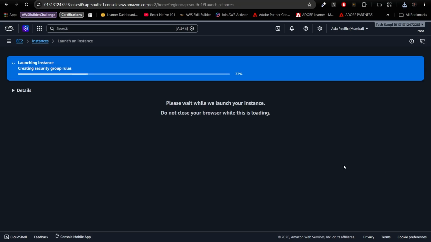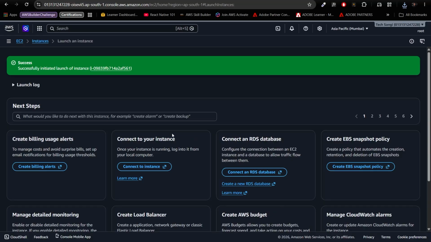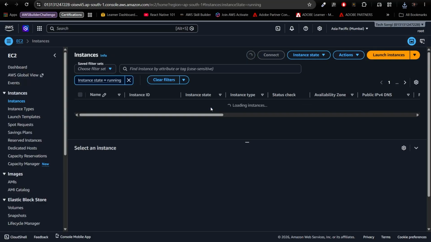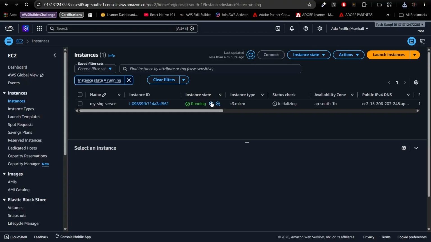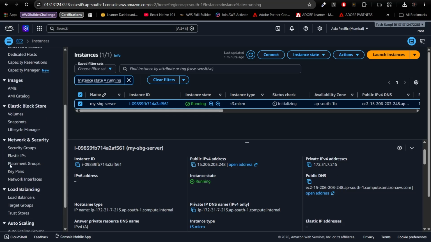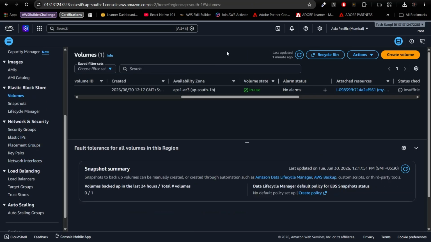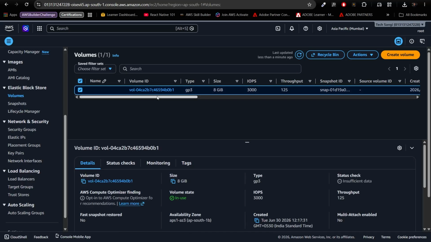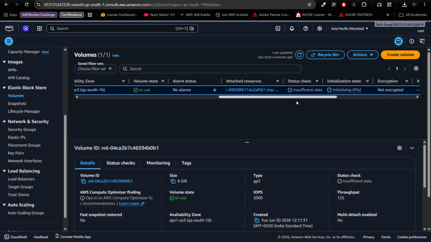So now my instance is being created, and once your instance is created, you can simply check whether this instance is in running state or not. It may be saying pending state for you because it takes time to launch this machine. So what I will do is go on the left menu, click on volumes and find the hard drive. You can simply refresh and you can find this hard drive attached to your instance. Look at the availability zone column. Mine says AP South 1B.